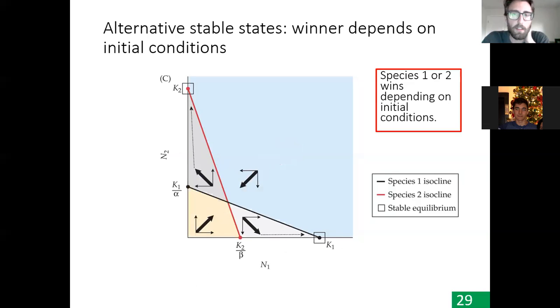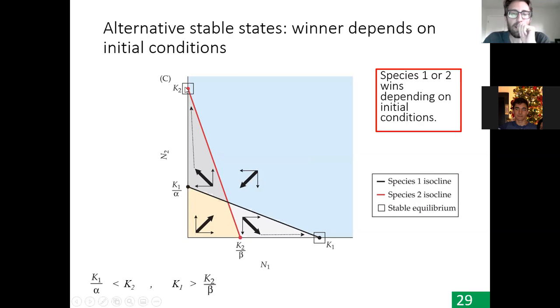Okay, finally, we have the more complicated scenarios where the isoclines actually cross each other. So first, we've got this scenario where K1 over alpha is less than K2, and K1 is greater than K2 over beta. So if that's the case with these x and y intercepts, then we get this kind of intersection